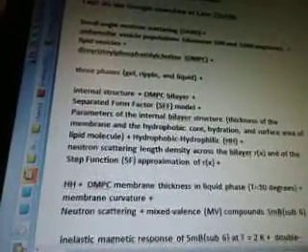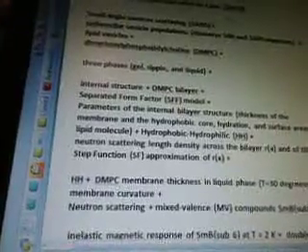Thickness of the membrane and the core hydration and surface area of the lipid molecule, plus hydrophobic hydrophilic HH, plus neutron scattering length density across the bilayer, ρ(x), and of the step function SF approximation of ρ(x), plus HH plus DMPC membrane thickness in liquid phase, T equals 30 degrees, plus membrane curvature, plus neutron scattering, plus mixed valence MV compounds SmB6,